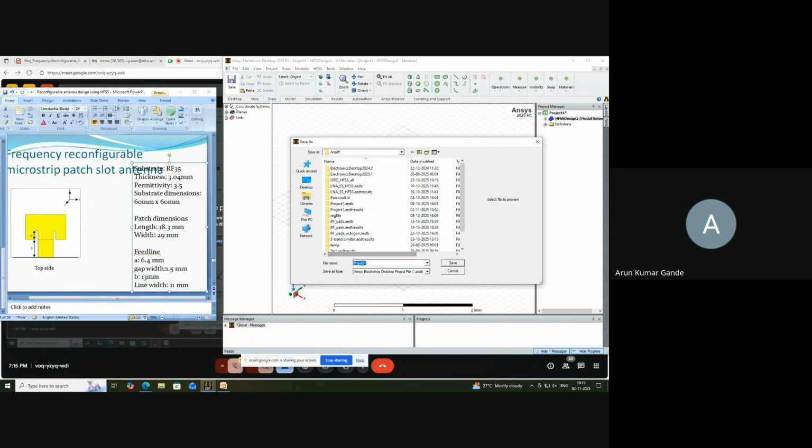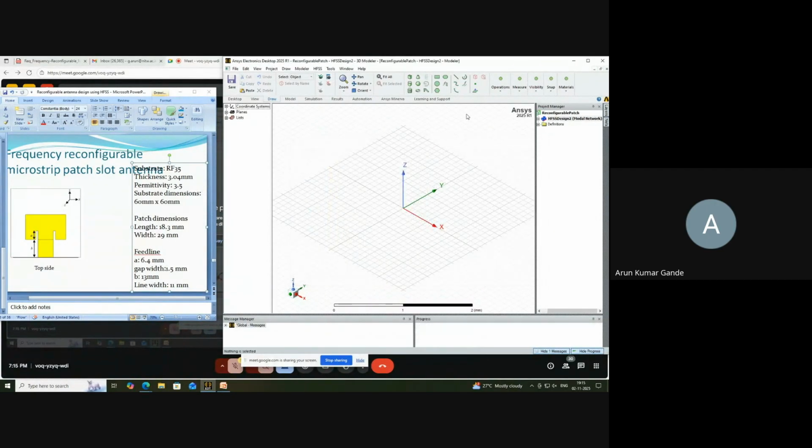So when we are saving this design, we name this as your reconfigurable patch, right? And then save it. After saving this, here we'll rename this as your microstrip patch underscore reconfigurable, right? So we rename this HFSS design as microstrip patch reconfigurable, and then we will first make